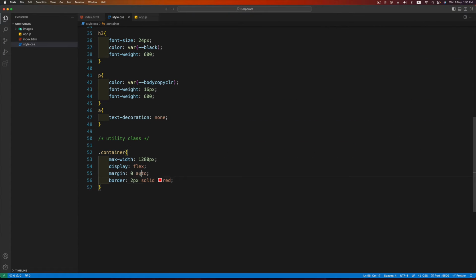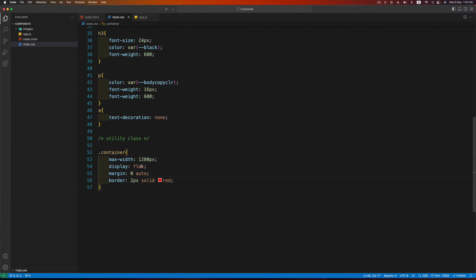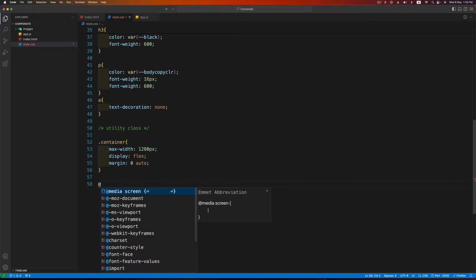So I've given it margin 0 auto to make it center horizontally. If I remove this, you'll see like this. So that's why I've given this. Let me remove the border. And now what I'm going to do is I'll change the container width to 90% when the page is viewed